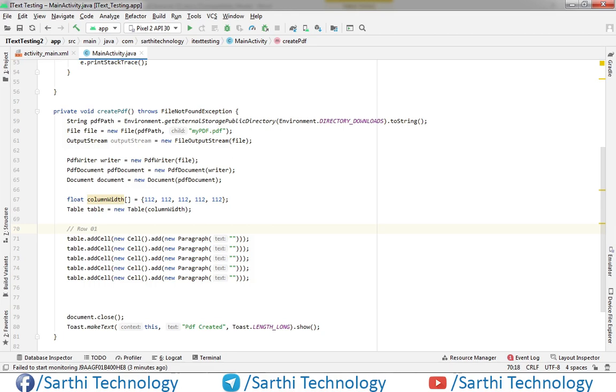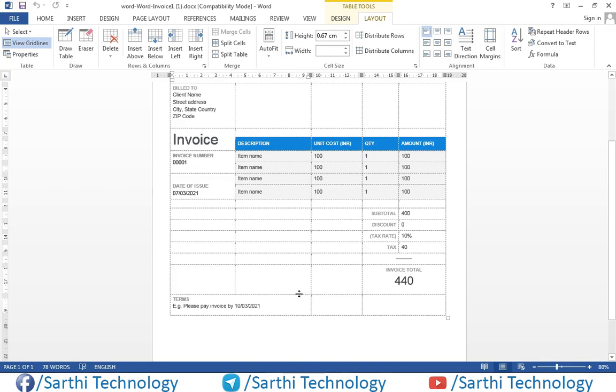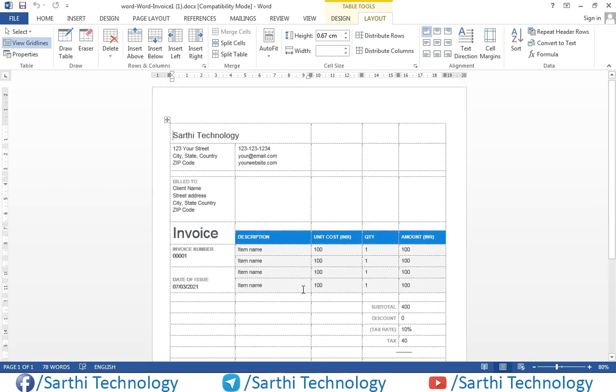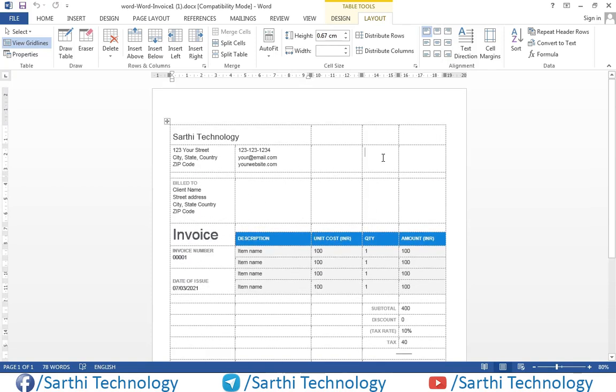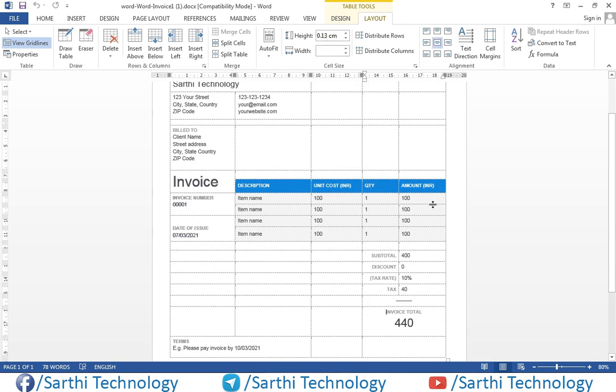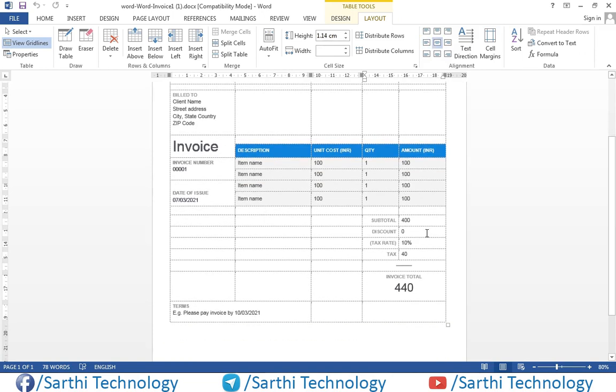Again, let's open MS Word and count how many rows we have: 1, 2, 3, 4, 5, 6, 7, 8, 9, 10, 11, 12, 13, 14, 15, 16, 17 and 18. So we have 18 rows.